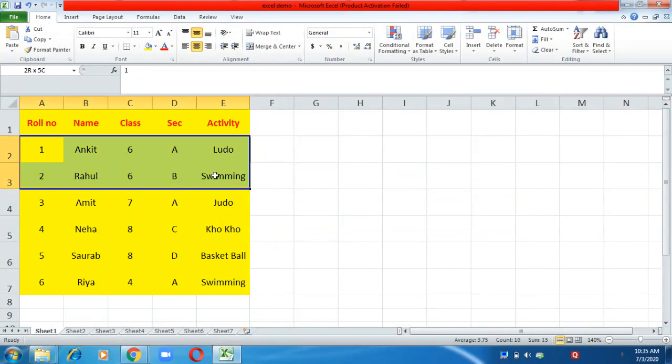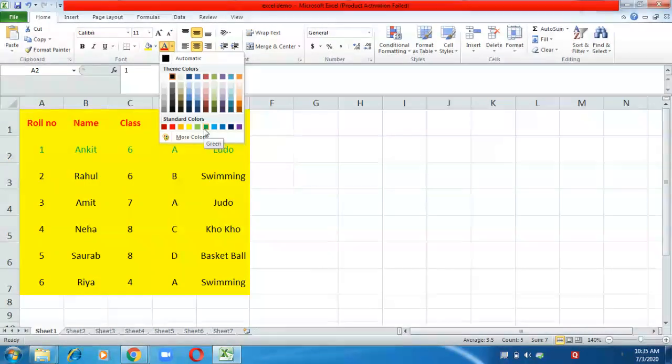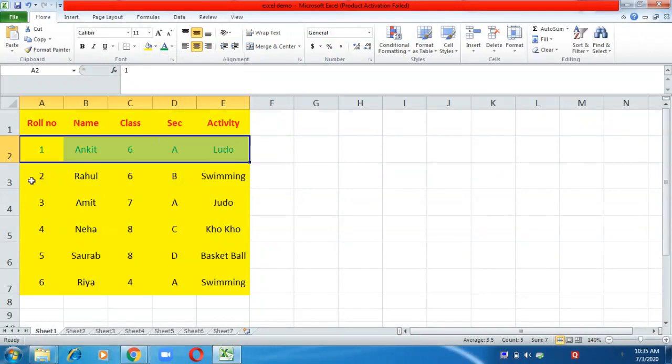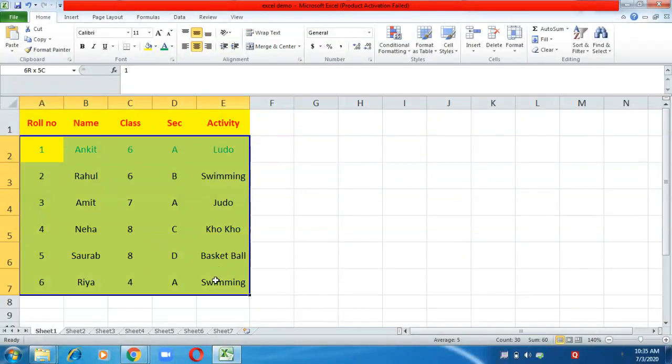And then the rest of the content should appear, like if I want that first row should appear with blue color. Blue is not visible, so I'm doing green color. Then second row, all the rows should appear, all rows text should appear green in color.